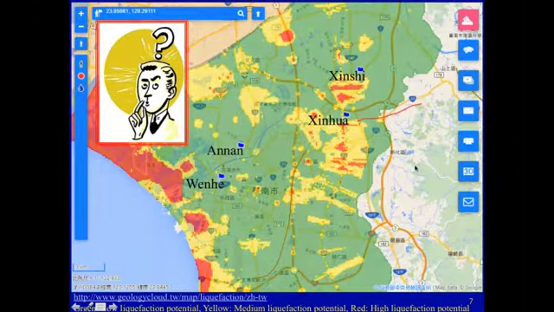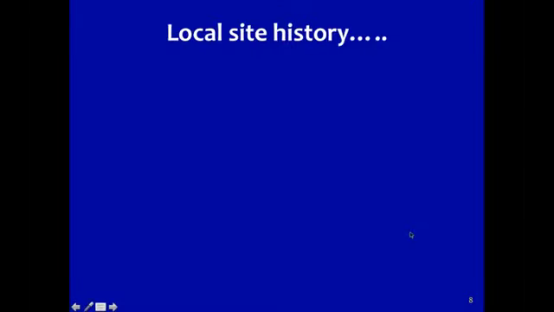So considering the soils of the site and using liquefaction triggering methods, why then are these regions not mapped within zones of high liquefaction potential? They're in fact on green or yellow mapped regions. So one needs to develop an appreciation for the local site history, and we learned quite a lot about the